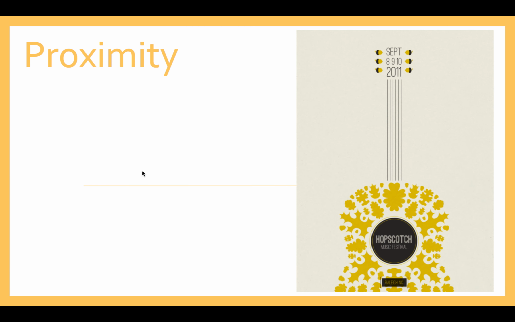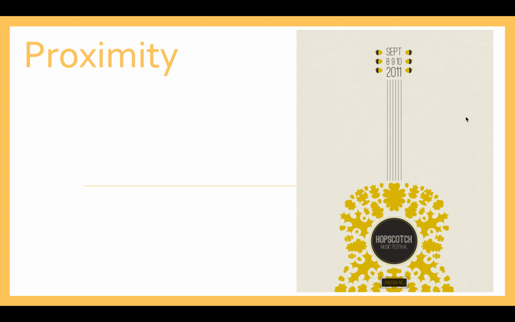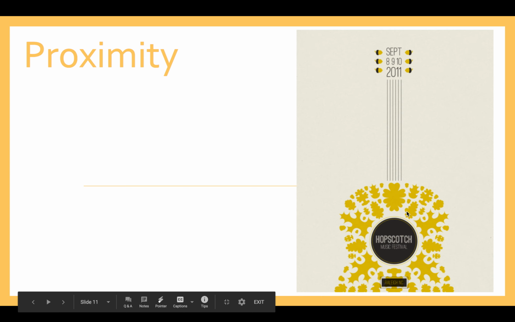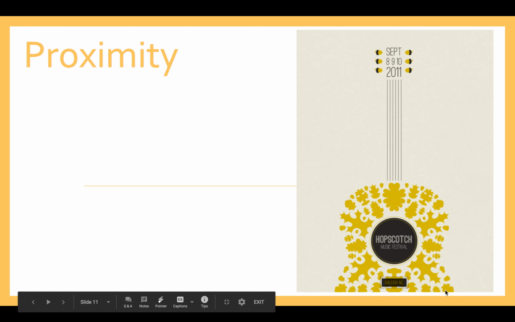So proximity, another principle here. This is kind of a fun image. And you could argue about what this is doing, but the fact that it's not close to anything else, right? This is all kind of white or blank space. This isn't occupied by anything. So you've got the focal point here in the center. The majority of why is the guitar cut off? That's interesting. Why didn't they put the whole thing?